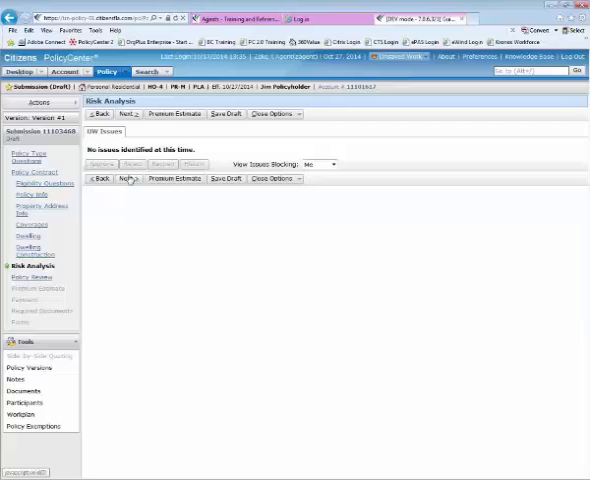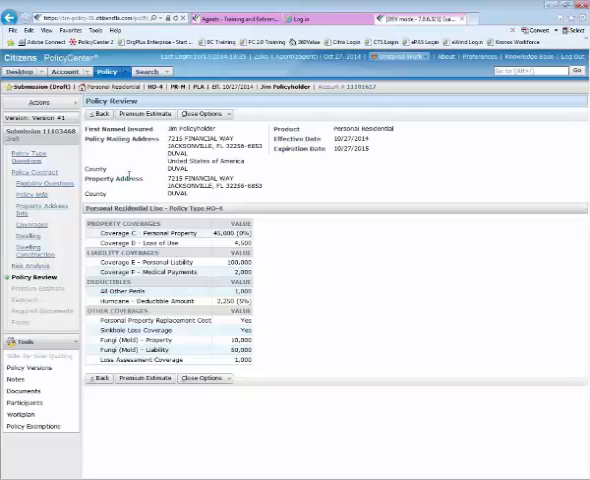No issues have been identified. And I'm going to click the next button again, taking us to the Policy Review screen. This is an opportunity to review with the insured the first named insured, policy mailing address, the property mailing address, effective date, and the coverage limits that we've selected. If everything here is correct, I'm going to go ahead and click the Premium Estimate button